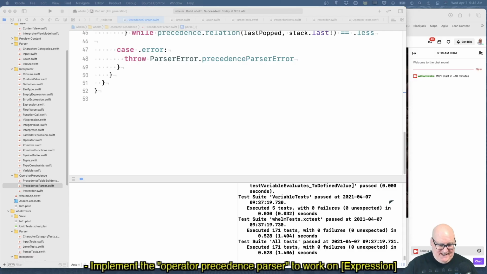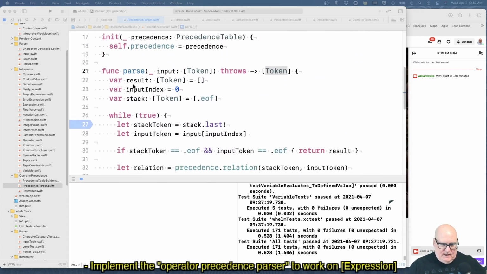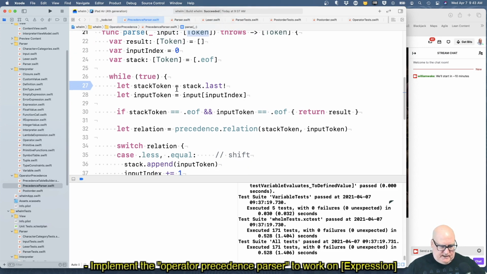Welcome back. All right, so we have our parser, and I think what we need is our input needs to become expression. Our output needs to be expression. I don't know about this end of file. I guess expressions will be on our stack.